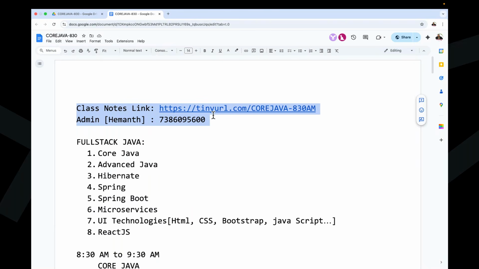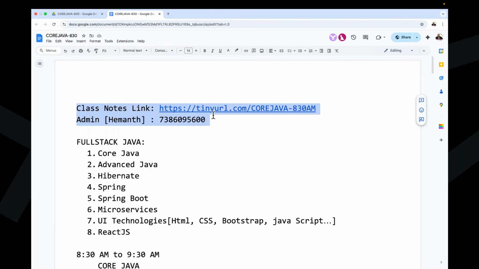Right, so one question: if you join your Advanced Java, there also Spring Boot is there, and in this class also Spring Boot, will the same content be covered in both classes? Yes, sir. See, whatever courses I'm going to start, any other batches, the content of my classes will be the same in every batch. No changes in our content in all batches.